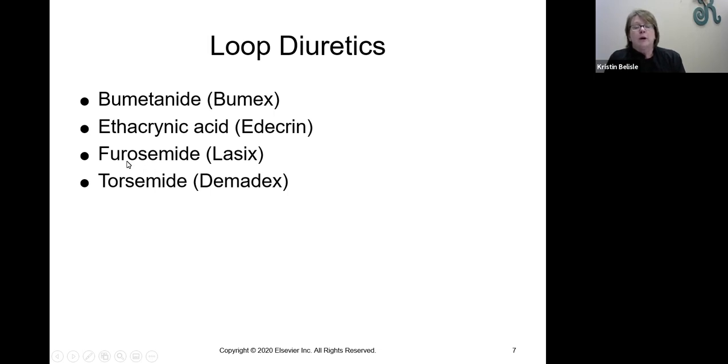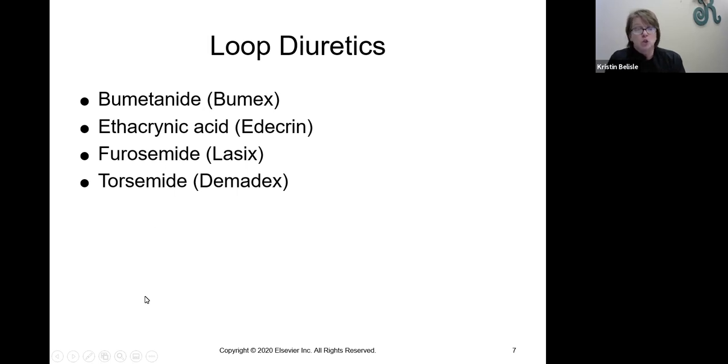We have furosemide, Lasix, and furosemide diuretics. Now, they're not all "IDEs," just FYI, you will find others, and this is a perfect example. For my students, I really want you to know furosemide, Lasix, and Bumex, that those are all loop diuretics. There's a couple things about the diuretics specific, like Lasix, I will teach you. Those are the things I want you to know for testing, but I do want you to know in general